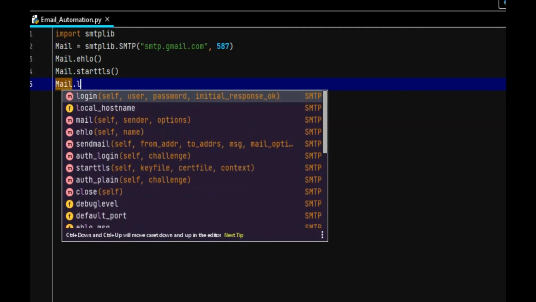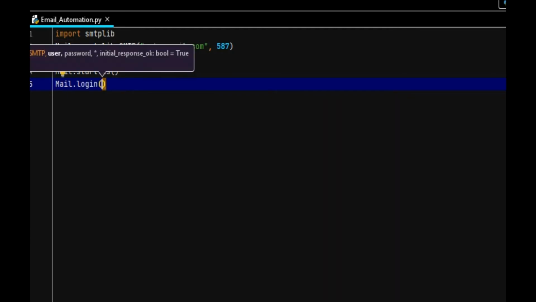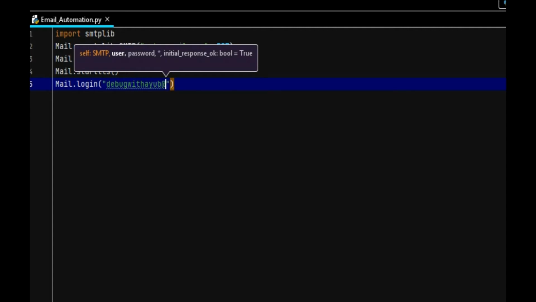To log in to the Gmail server, we should provide Gmail account credentials. So I will enter my account information, like my email ID and password. Now mail.login, my email address, debugwithayub at gmail.com, with its password.